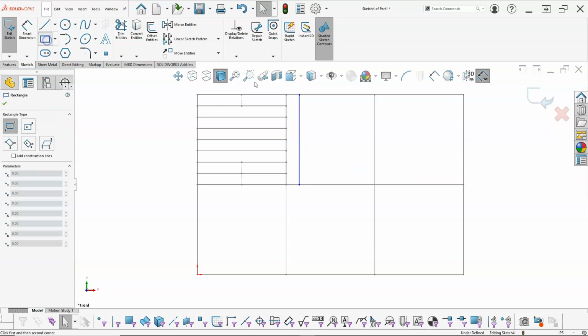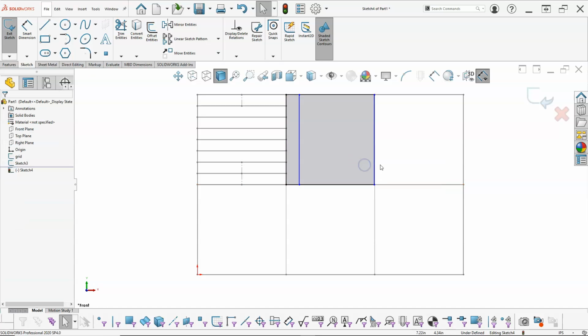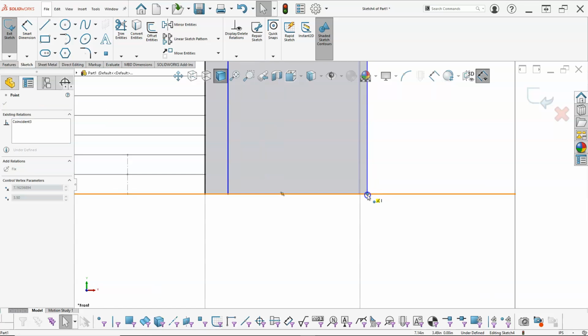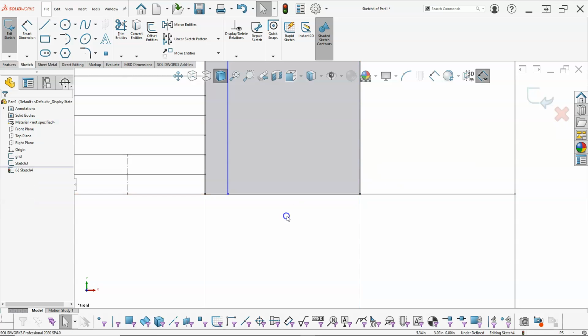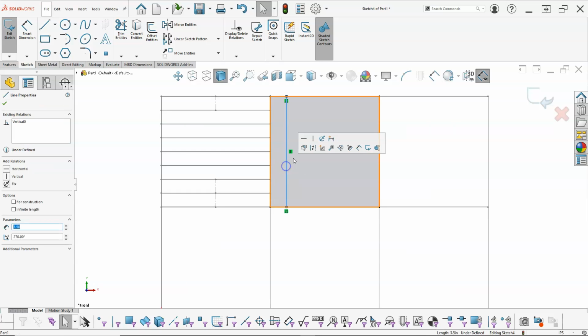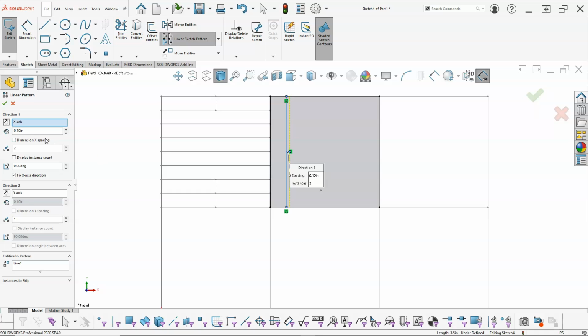Oh, I need a rectangle. So I do want to kind of have a local grid to work from. Alright, so I'm defining that geometry, and since that one's not cooperating, let's go with the intersections. So when I select the point and the two lines, that'll give me an intersection. Alright, and then my linear sketch pattern here is going to be along the x-axis, so 0.5,